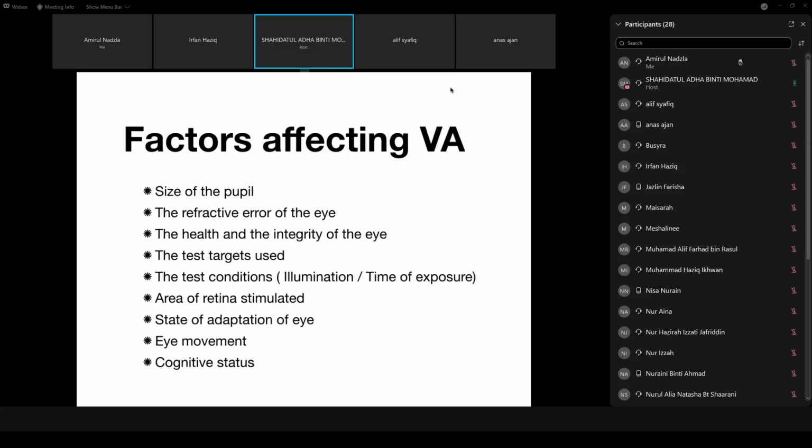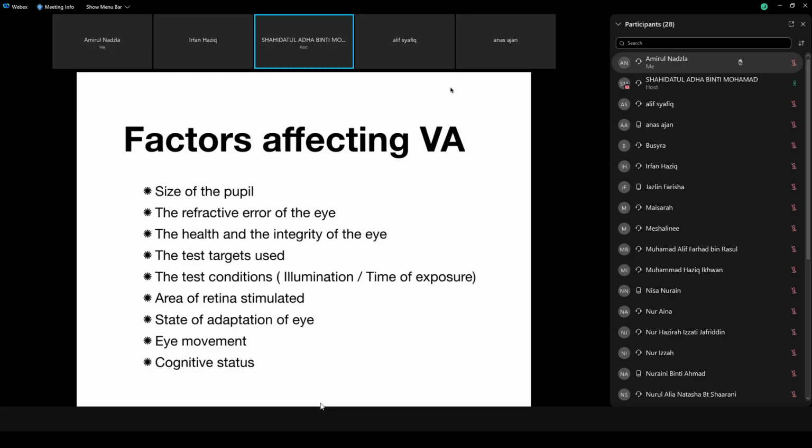And then the time of exposure of every letter, and then the area of retina stimulated. Maybe you guys wonder what is the area of retina stimulated. So this one, you guys can imagine a patient with a screen that has, like, whether it is a convergent or divergent screen. So the later, any source of light or any test object will fall not on the retina because